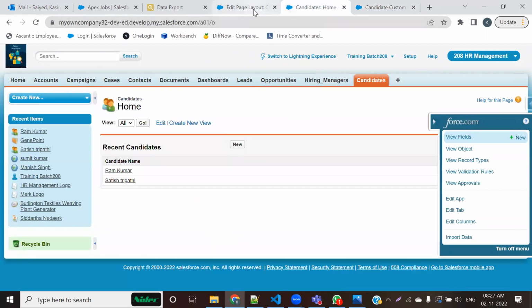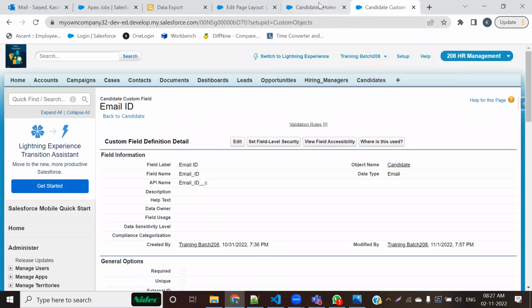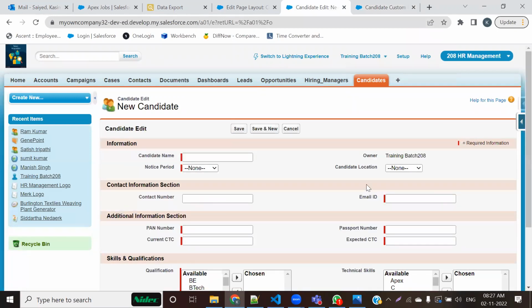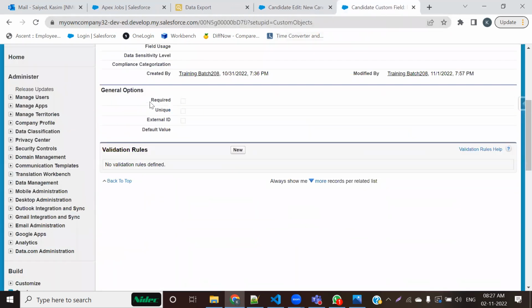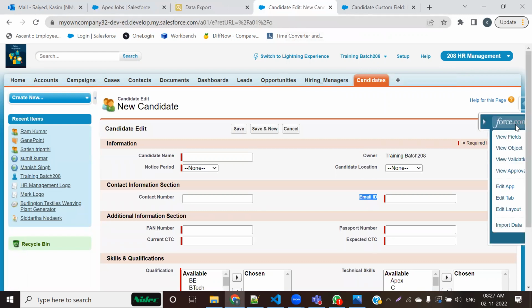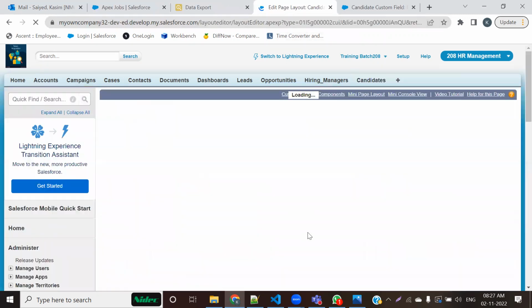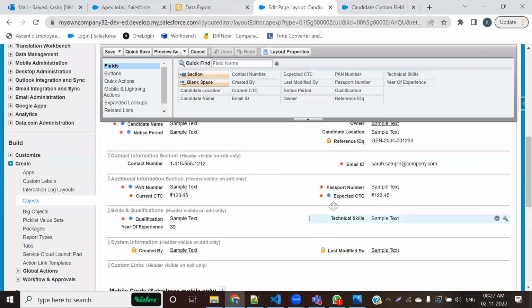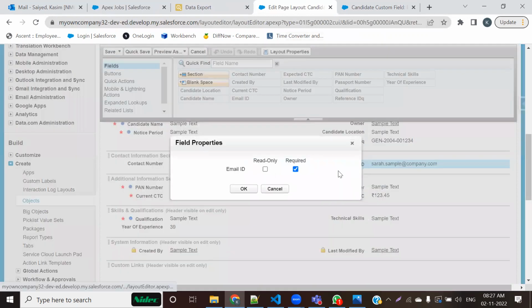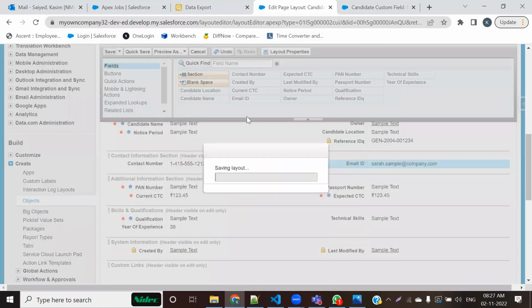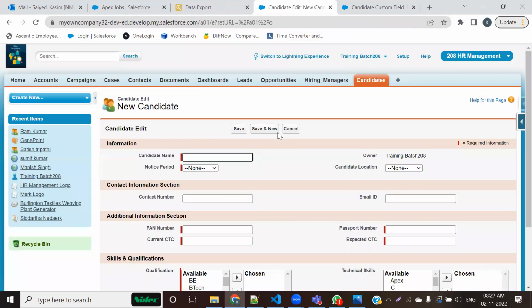लेकिन अभी भी इज वन मोर थिंग विच इज लेफ्ट, इफ यू गो विद लाइक न्यू, तो अभी भी आपको ये ईमेल सीम्स टू बी अ मैंडेटरी। ये ऐसा क्यों दिख रहा है? ये ऐसा इसलिए दिख रहा है बिकॉज आपने भले डेटाबेस लेवल से हटा दिया, अनचेक कर दिया, पेज से अभी भी बचा है ये। नाउ इफ यू एक्सपैंड एंड गो टू एडिट लेआउट, तो आपको दिखेगा कि यहाँ से ब्लू डॉट हट चुका है, बट रेड स्टार अभी भी मौजूद है। अगर आपको बिल्कुल ही हटा देना है तो बस आप इसको ऐसा अनचेक कर दो, सेव इट, ओके हो गया।